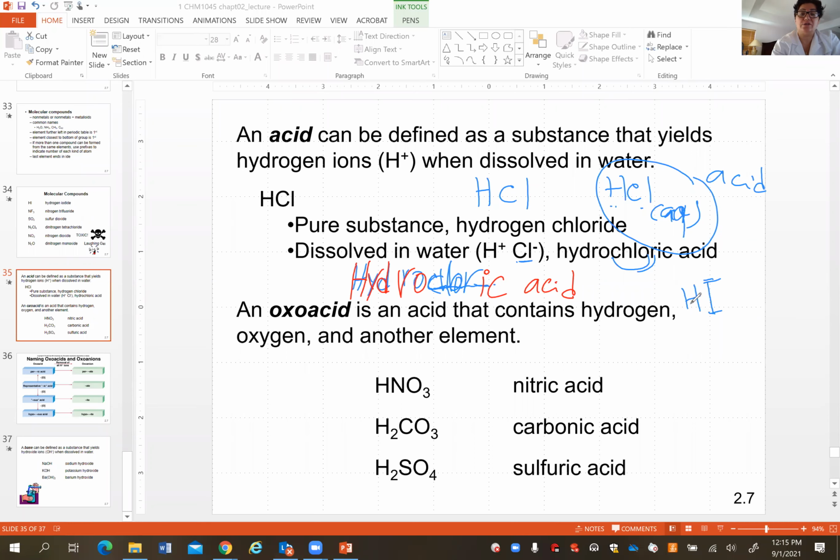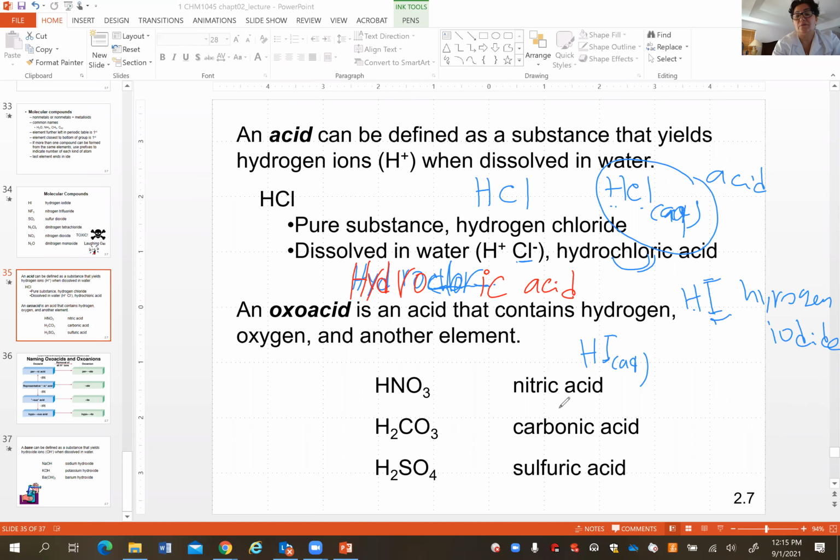So it's hydrogen, and then the root name for iodine is iod, with the ide ending. So it's going to be hydrogen iodide. Hydrogen iodide. Now, if I change that to HI, AQ,